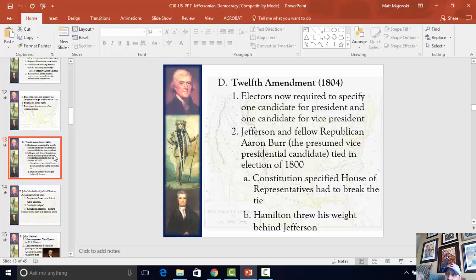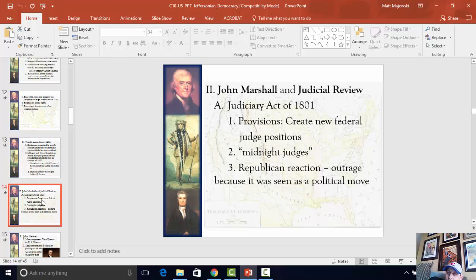So they passed the 12th Amendment that says, hey, from now on, electors, make sure on your ballot you actually write who the president is and who the vice president is, so that we don't have ties between the president and his vice president in future elections like we technically did this time around.